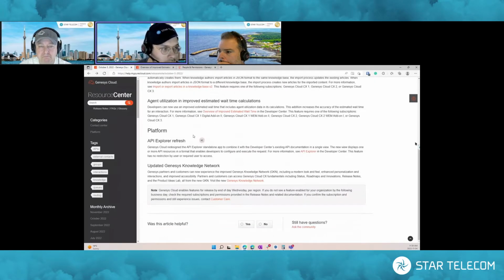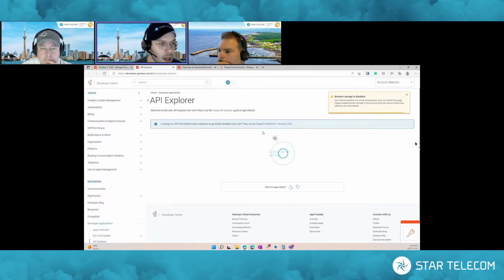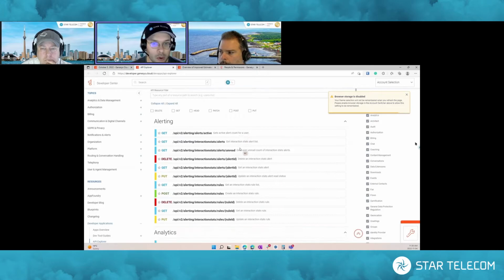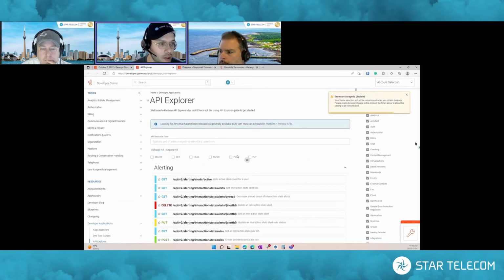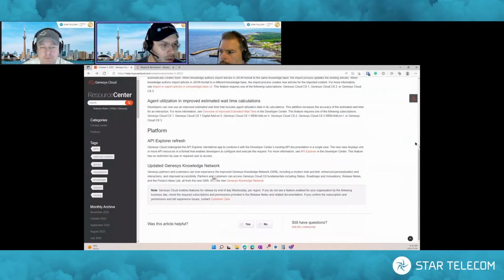Okay, and then deeper under the hood of Genesys Cloud is the platform API Explorer refresh. Those of you that are using the API or the API Explorer tool here, the UI has been updated a bit more to include more functionality, so a bit more filtering on the top there, and so forth. So if you explore the API tools within Genesys Cloud, there's new functionality there for you,